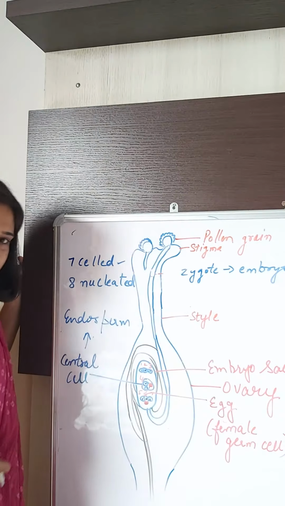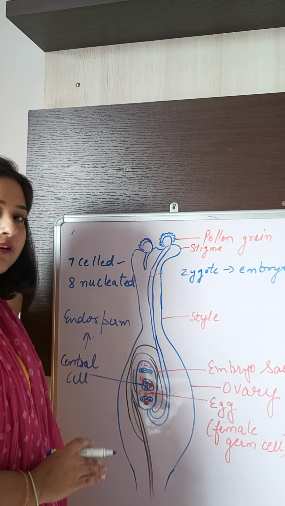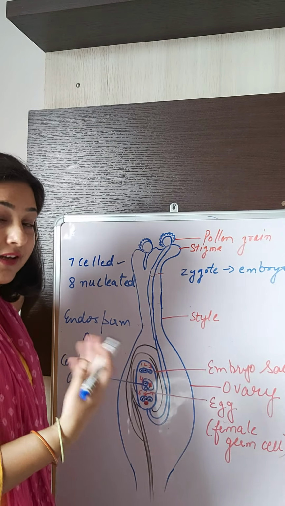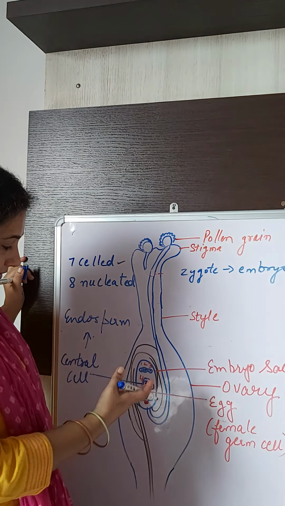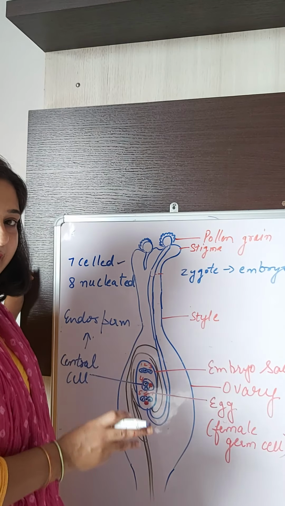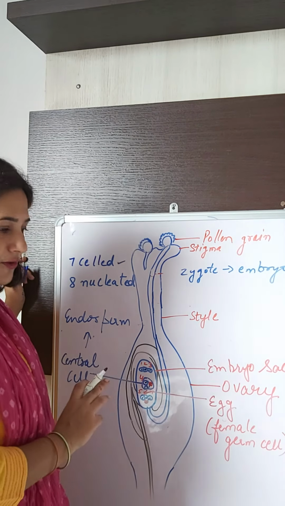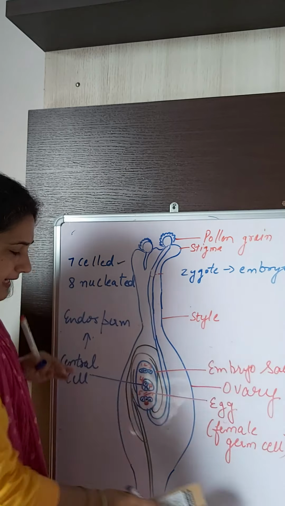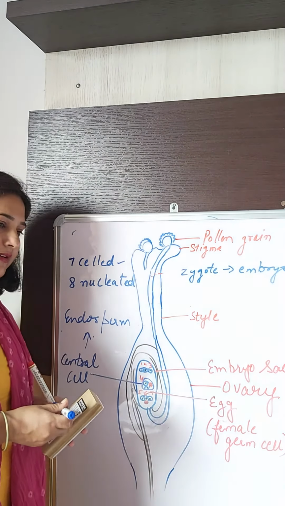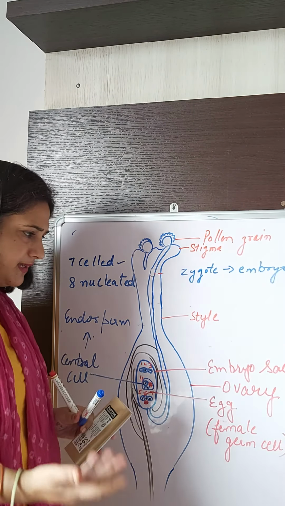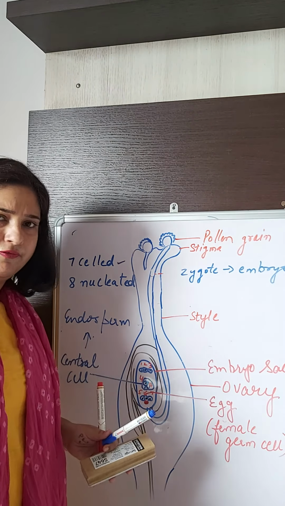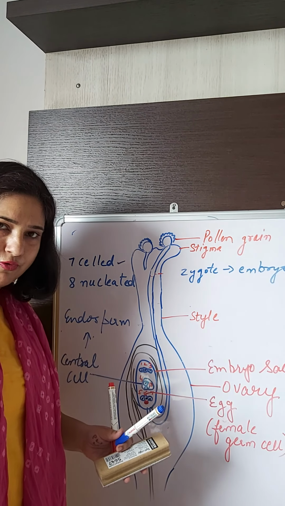So sexual reproduction in flowering plants is very clearly related with the 7-celled, 8-nucleated condition, and the conclusion is that it results in double fertilization and triple fusion. I hope this is clear to you, because it's interesting also, so you may get interested in these studies. Now fertilization occurs, zygote formation occurs, embryo formation occurs. After this process, the petals, the sepals, all the parts wither off, they shrivel, and get removed from the plant.